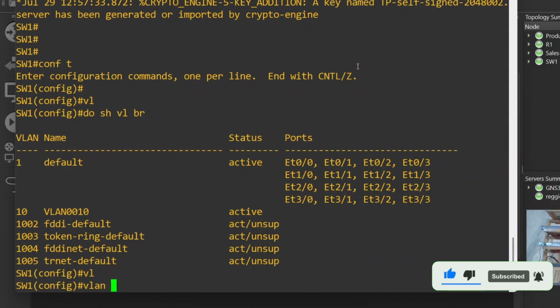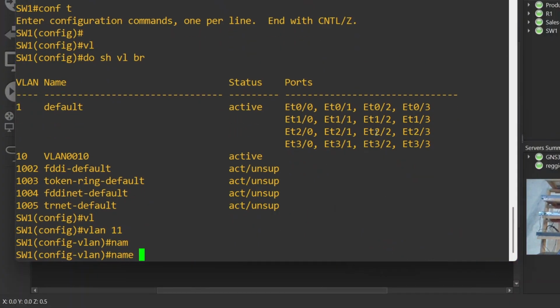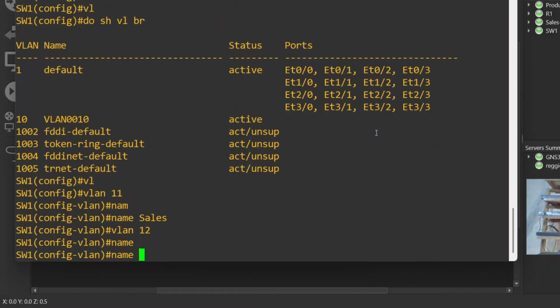So we need to give it VLAN 11, name sales. Arrow up, VLAN 12, name production.